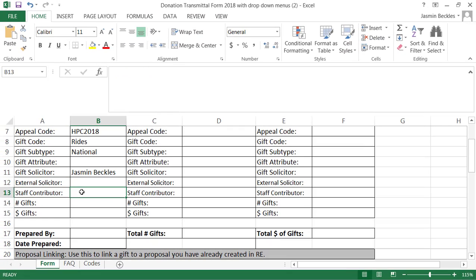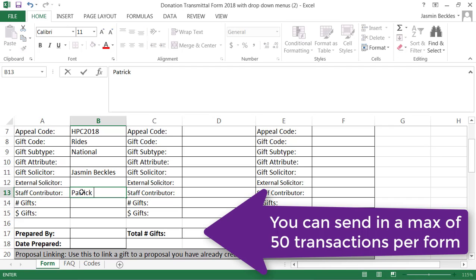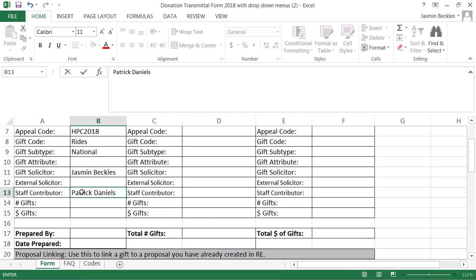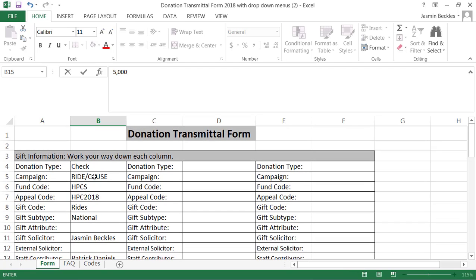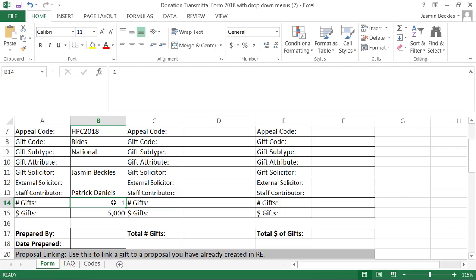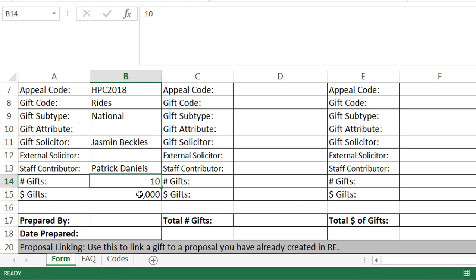Staff contributor. This is somebody else at Best Buddies that you want to kind of give a shout out to for their help. In this case, I would like to give a shout out to Patrick, as he helped me in communicating with the sponsor. So I'm only sending in one check for a total amount of $5,000. Great. Now, if I happen to have several checks with the same coding, I could easily say 10 checks for a total of